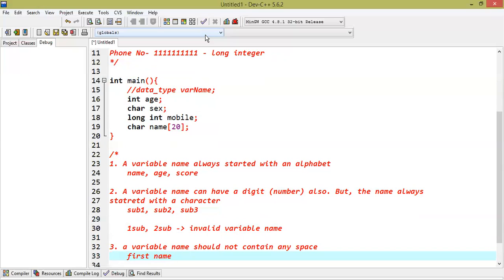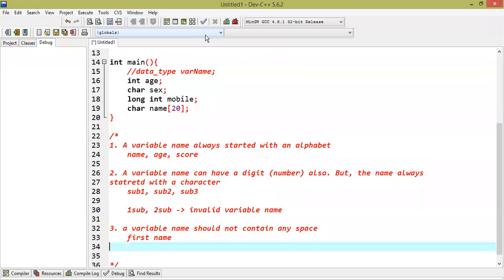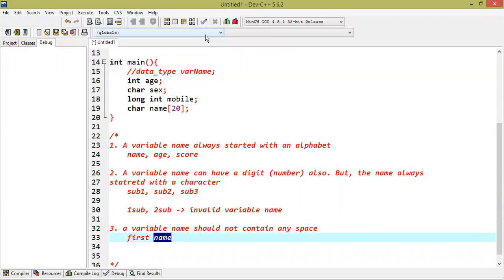You might think first name is a single piece of information, but when you create a variable name with white space, C programming language will consider these as two different variable names. So doing this is an error in C programming, not allowed.